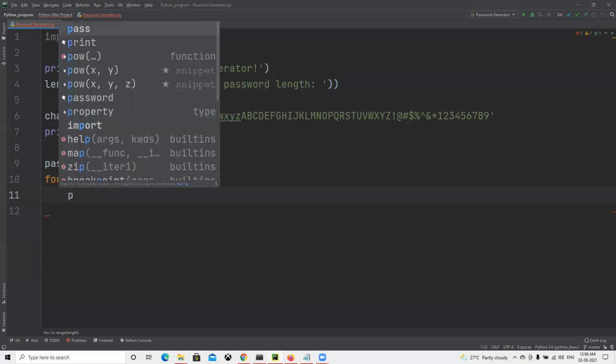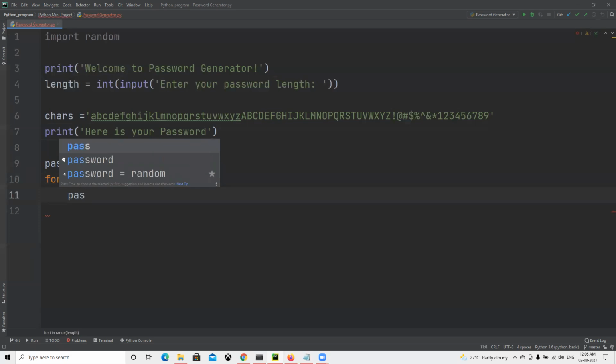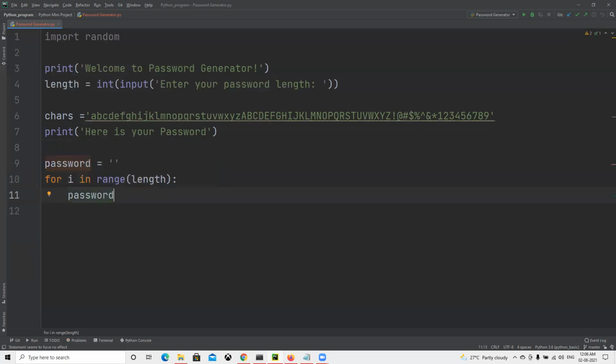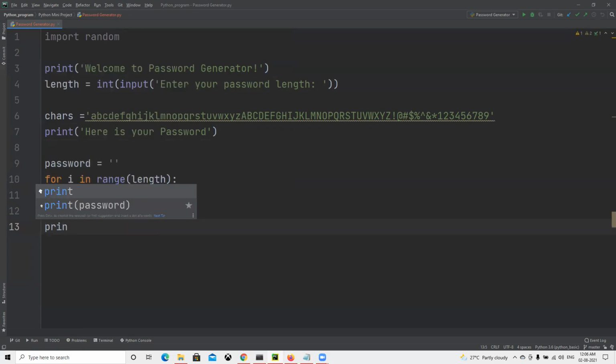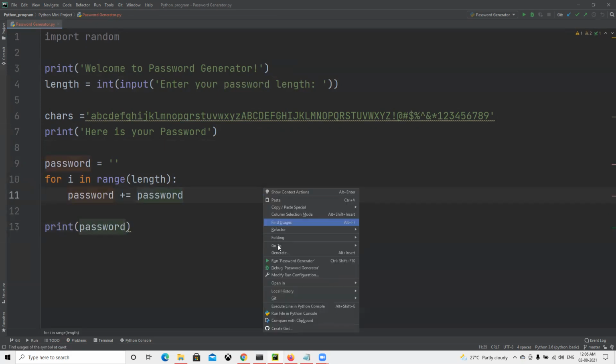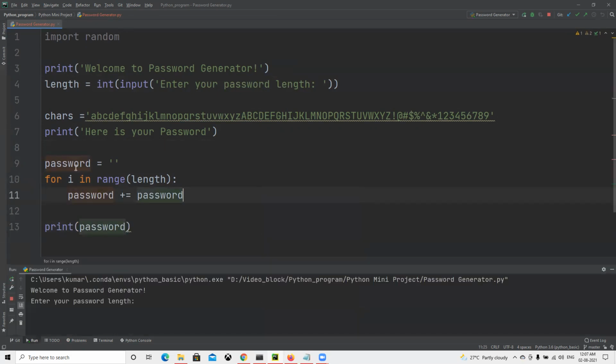So now I put password plus equals password, because the first time I have assigned it blank. Now if I print password at the end, and now I will go ahead and run this. Then I will come back and explain.